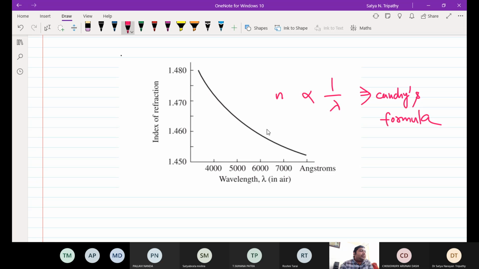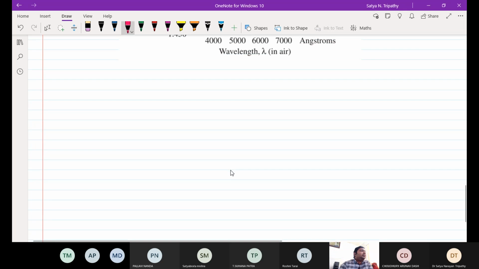So this is one of the examples. This is actually asked in GATE, NET, or JAM. They basically ask this question: how does the refractive index vary with frequency or wavelength, and what is the name of that formula? So this is an experimental law. Okay. So next we need to understand